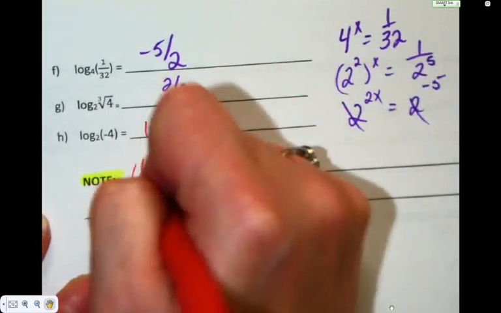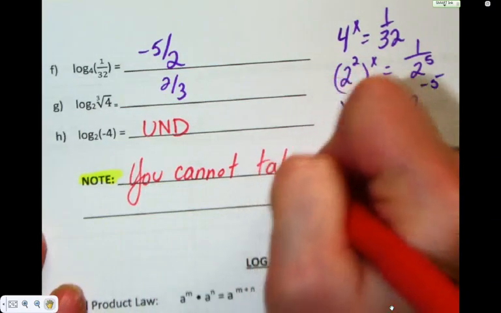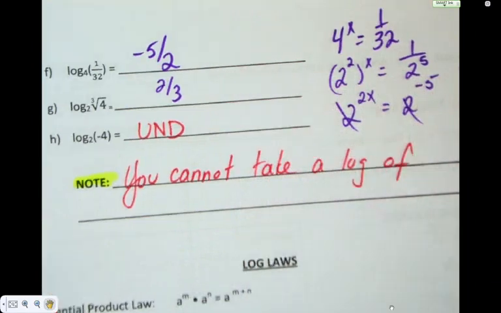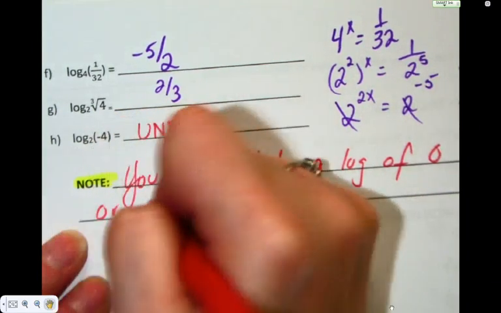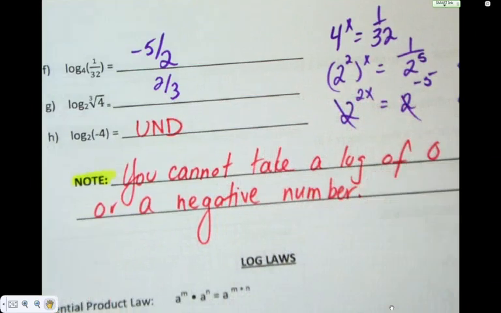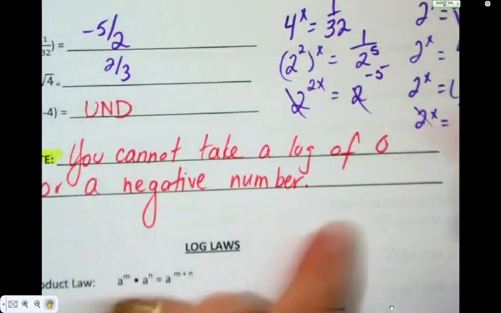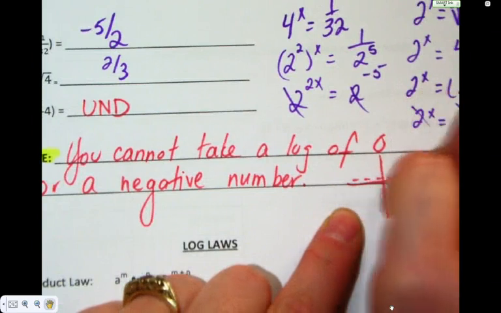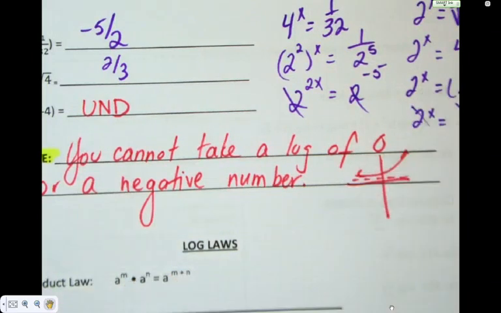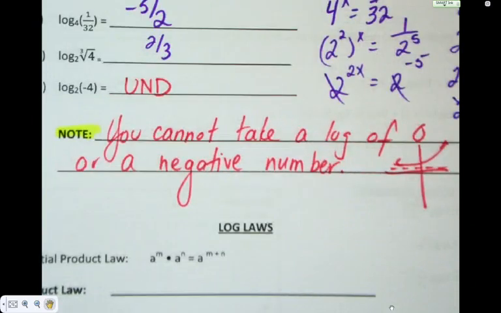So you cannot take a log. It's like taking a square root of a number. You cannot take a log of 0 or a negative number. And if you're a picture person, that's because of the horizontal asymptote and the fact that the graph is all above the x-axis. So nothing exists underneath, nothing exists at 0. That's going to come back to haunt us a little later on, so you'll hear me say about a bajillion times you cannot take the log of a negative number. Whew, we're half